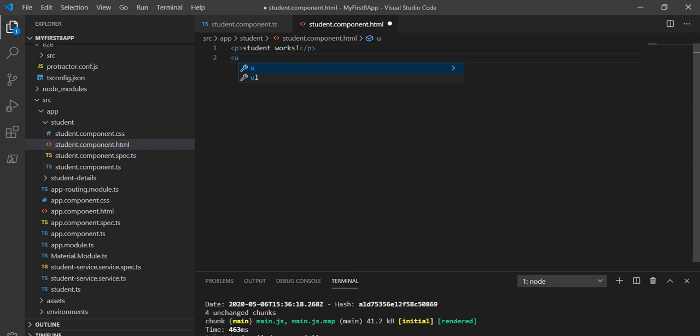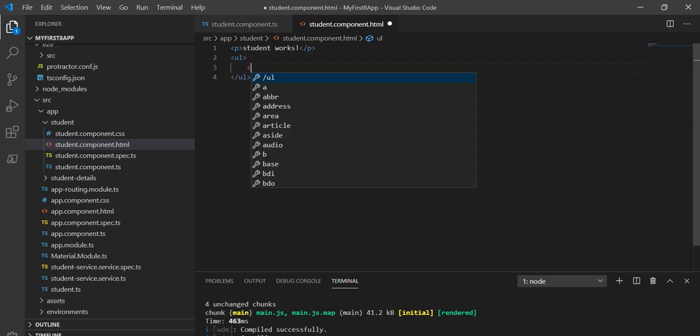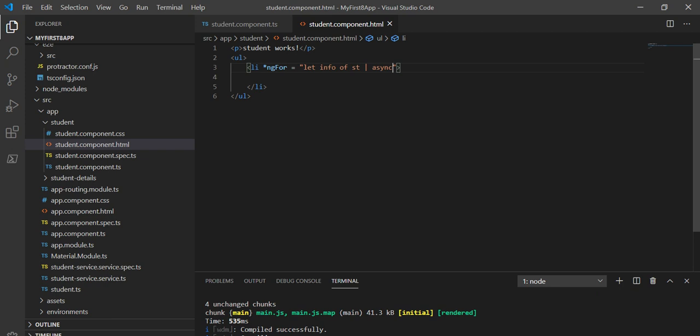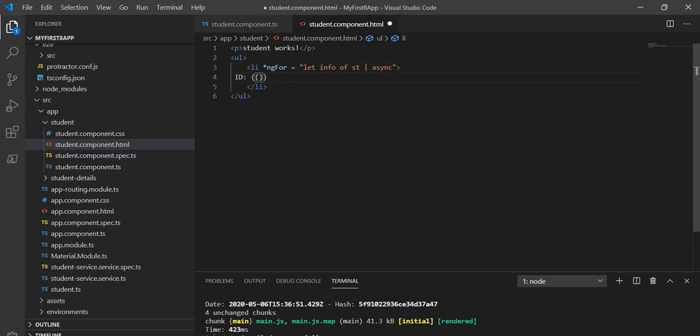So I will take a ul, inside this I will take li, and I will make the loop over this. *ngFor equal to let info of std, and I am going to use the async pipe, and inside this I will write info.id and br for the new line, and I will write the name, info.name.